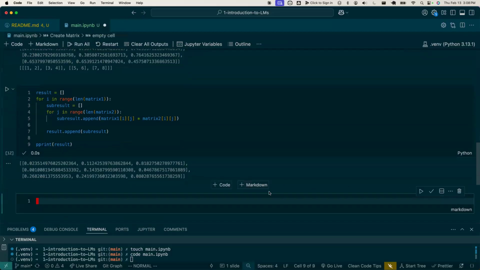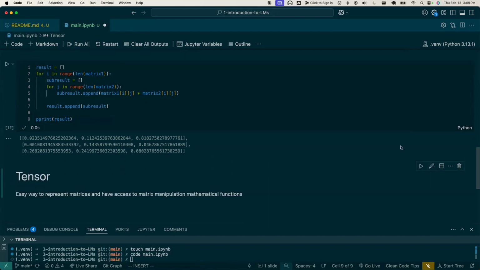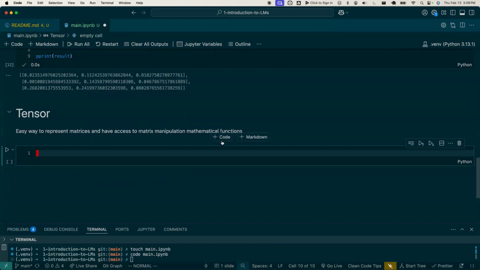And let me add a markdown here. So a tensor is an easy way to represent matrices and have access to matrix manipulation, like mathematical functions. I think you'll enjoy it once you see it because it's honestly pretty cool. So I've imported PyTorch already, and I'm going to go ahead and make a tensor, and we're going to have